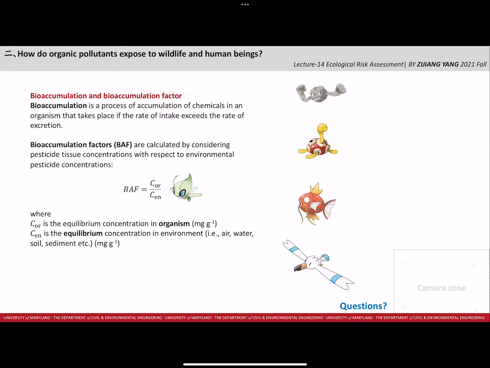The next one, I would like to talk about the partitioning of organic chemicals between the environment and wildlife or human beings. We also have a term to describe this process, which is called bioaccumulation. Bioaccumulation is the accumulation of chemicals in an organism that takes place if the rate of intake exceeds the rate of excretion. Usually when we get some toxic chemicals, we can just excrete them. But for some chemicals, especially POPs, persistent organic pollutants, because they are persistent,